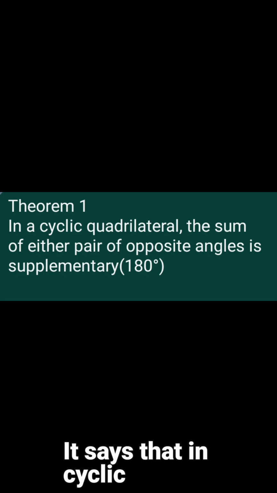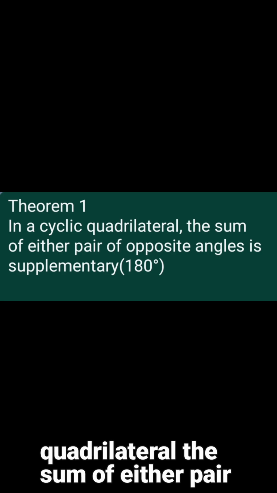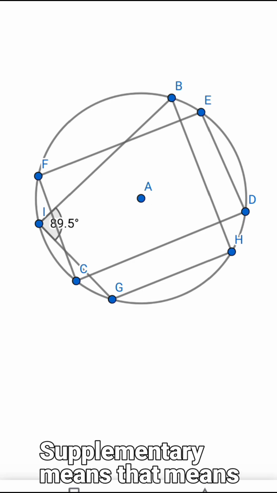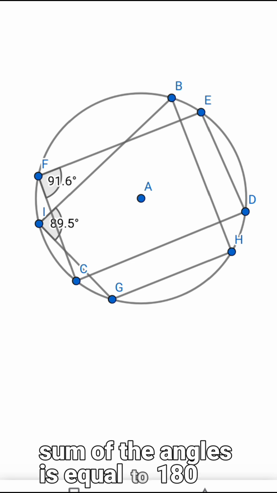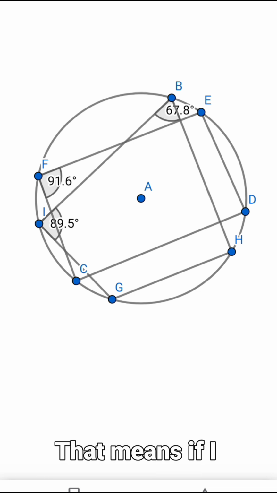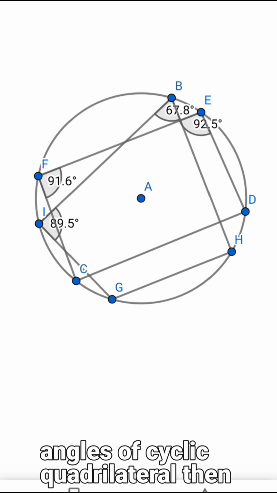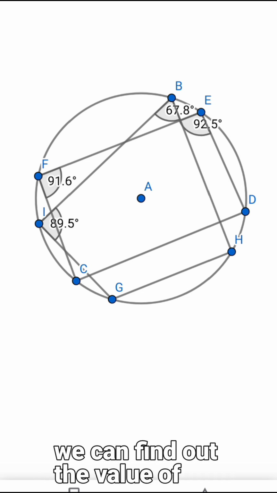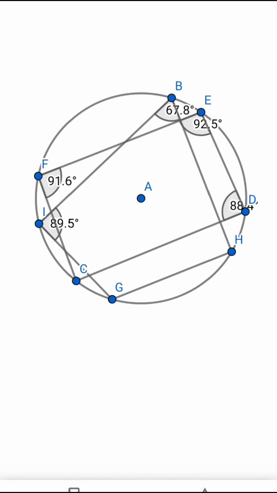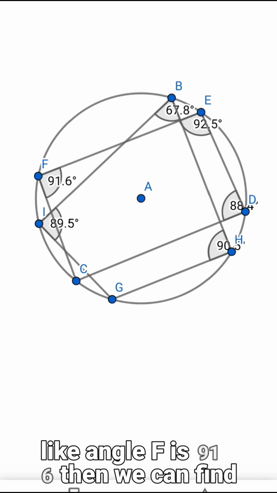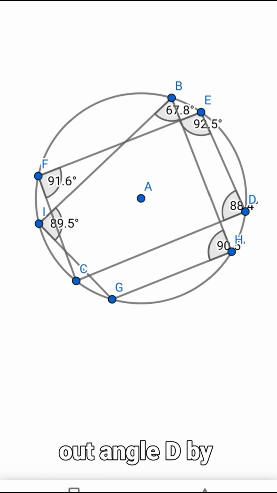Now let's move on to the theorem. It says that in a cyclic quadrilateral, the sum of either pair of opposite angles is supplementary. Supplementary means the sum of the angles is equal to 180. That means if I quote these angles of a cyclic quadrilateral, then we can find out the value of the opposite pair by subtracting from 180 degrees. Like angle F is 91.6, then we can find out angle D by 180 minus 91.6